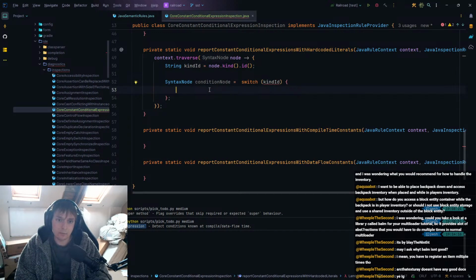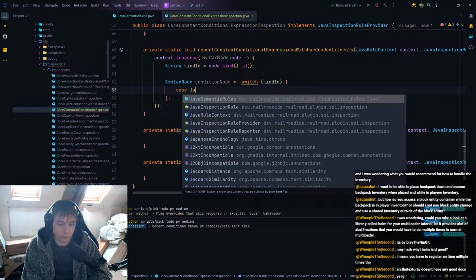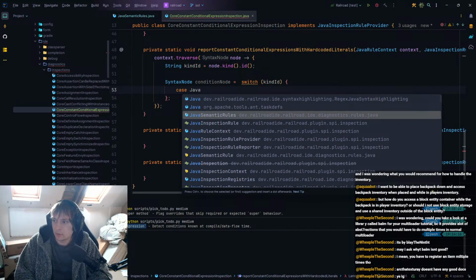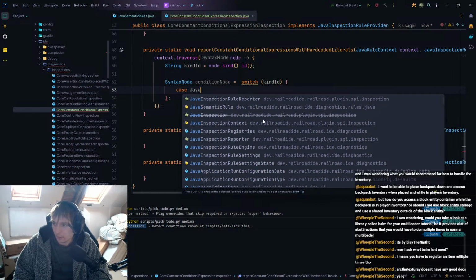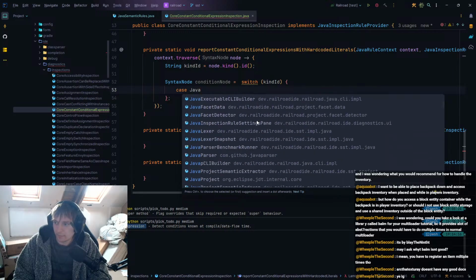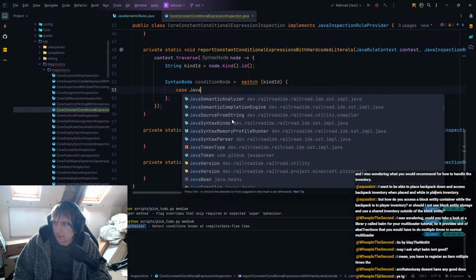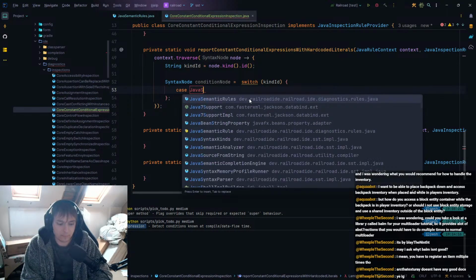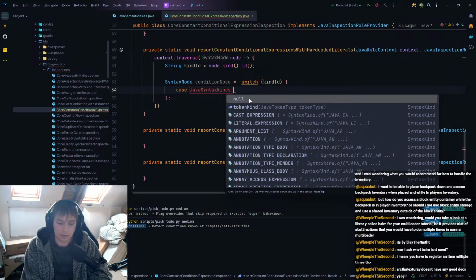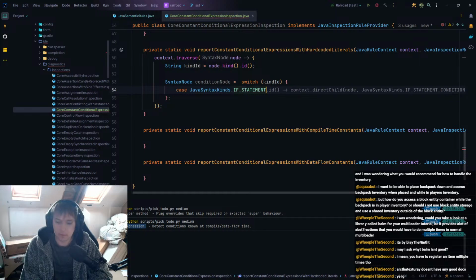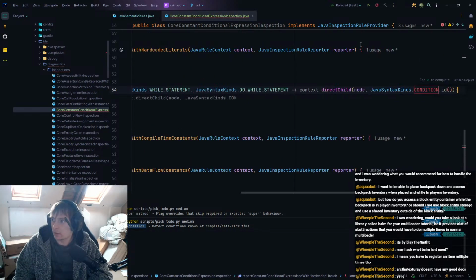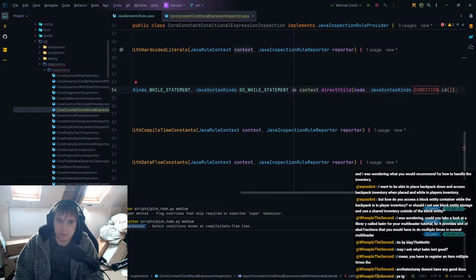And then we'll just do a case, and we'll do Java. Ooh. God, I admit, guys, I haven't touched Railroad in a week. I've been doing completely different things, so I'm going to be a little bit rusty. Syntax kinds, that's what I was looking for. So we want if statement, and then we want while statement and do while statement, and then